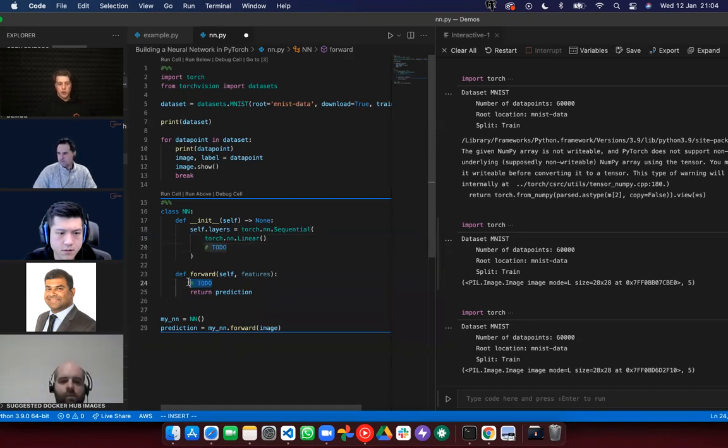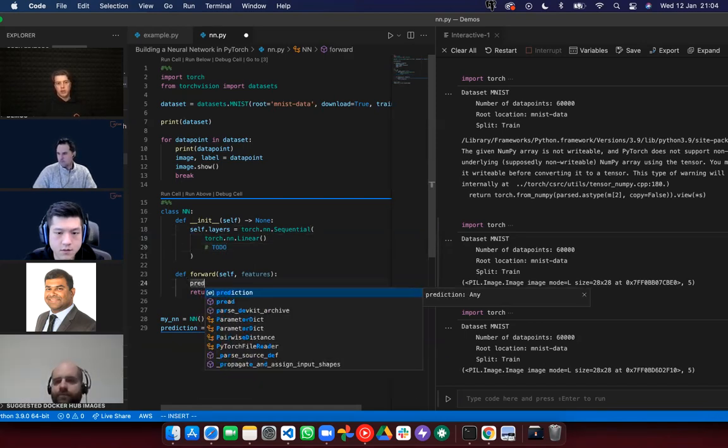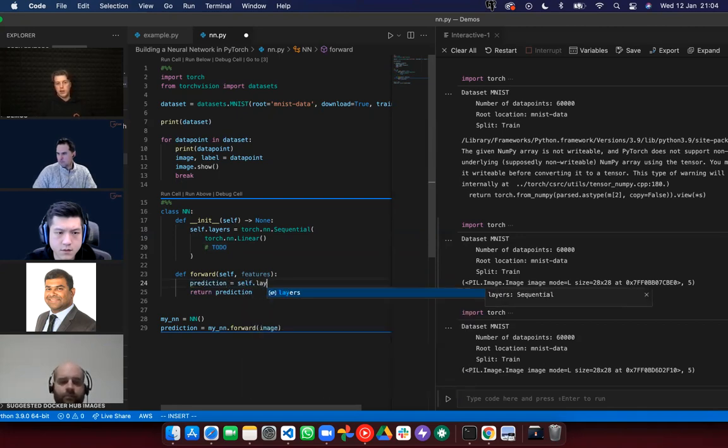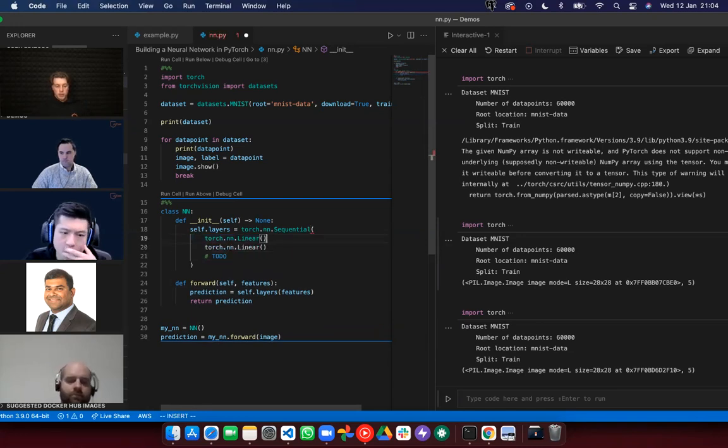But just to illustrate how I'm going to use this, I'm going to say prediction is equal to self.layers of the features. So features come into the layers. The layers are specified here, and it's basically a series of different transformations which I'm going to do on the data until I get to the end of everything that's in here. And finally, that's going to produce me a prediction. So I need to specify those series of linear transformations, and they are written like this. So I'm going to have several of them basically written in here,